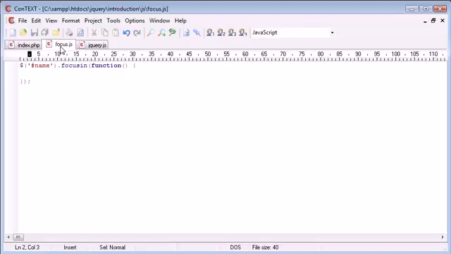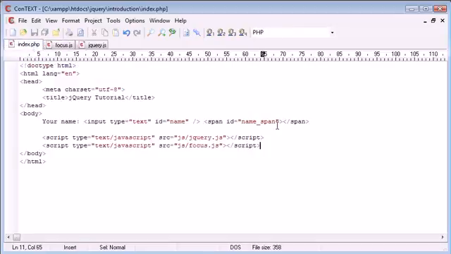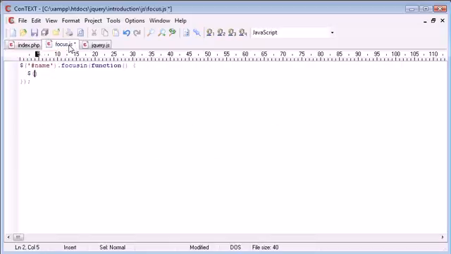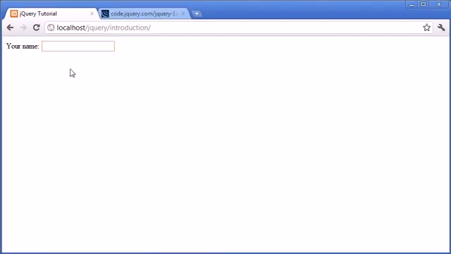Now what we want to do is add some text to this span here. So let's go ahead and reference that. We're going to say hash name span dot HTML, and we can write in enter your full name. So now what's going to happen is when we refresh our page and we click here, we get this text,